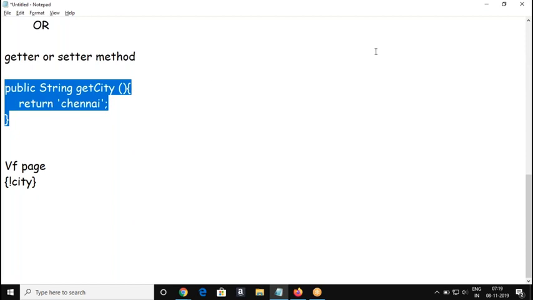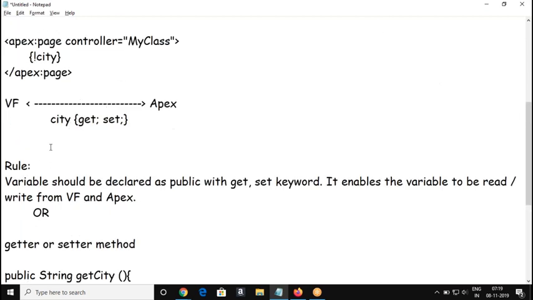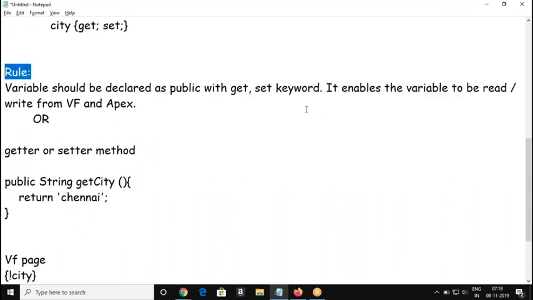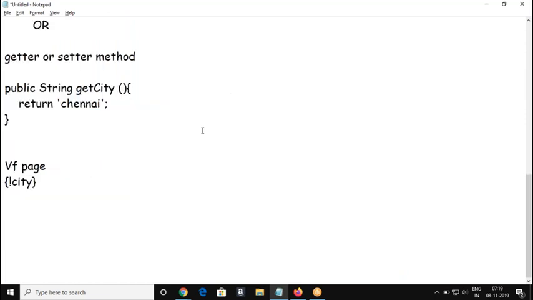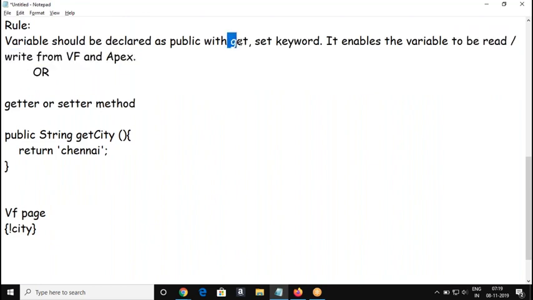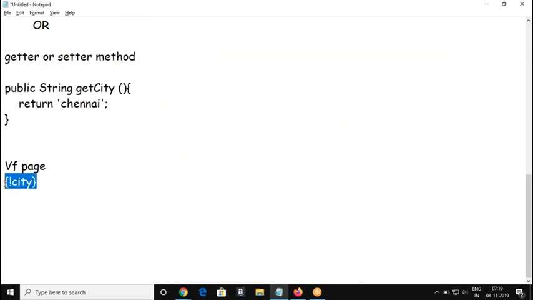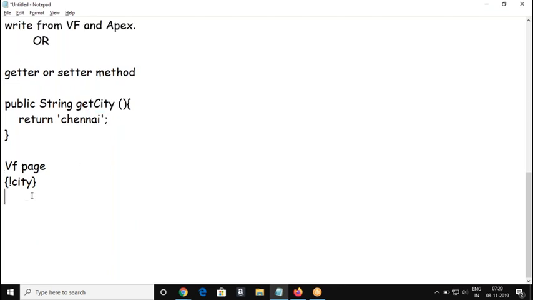So what about a normal variable? How to access it? A normal variable we cannot access. That's the rule to access a variable in the Visualforce page. You're going to use the getSet keyword. You're going to provide read access and write access to the variable, otherwise the Visualforce page cannot have access to the class member variable. Only the members which have the getSet keyword, or the member that you are going to refer to should be in the form of a getter method. People clear with this? We'll see the examples.